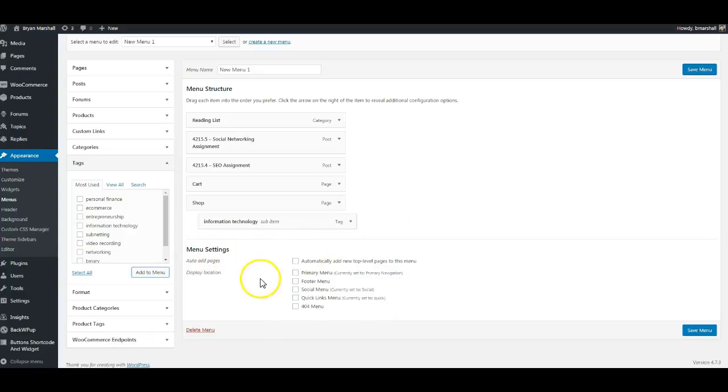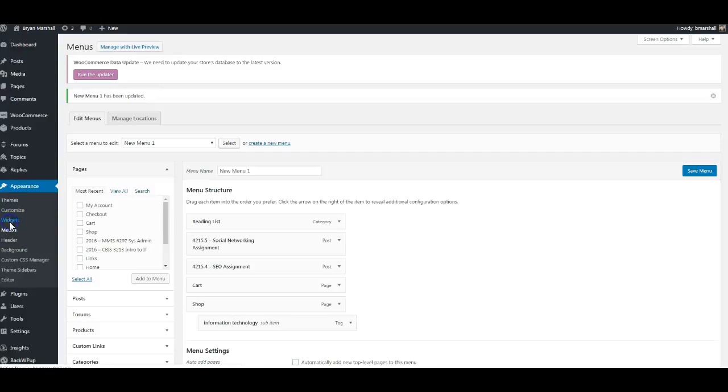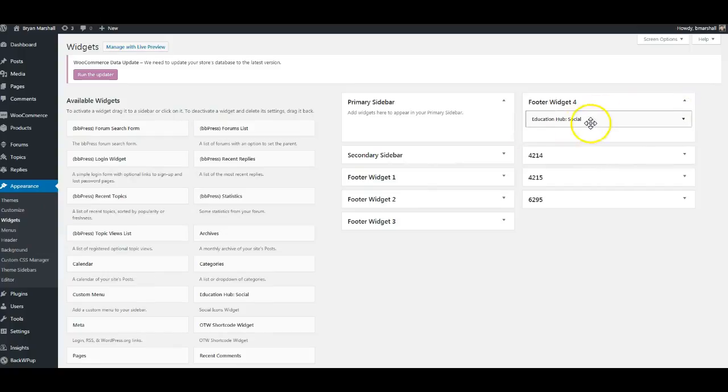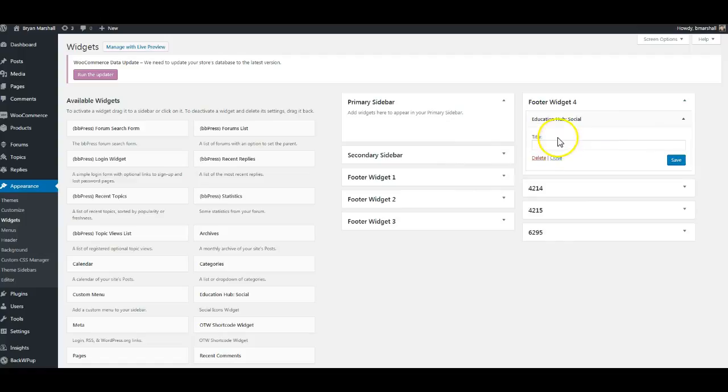Okay, and then where do I want to put this? I can put it in the menu settings. I can just say I want this to be the primary menu, or I want it to be a footer menu. I want it to be a 404 menu, which is what shows up in the menu if you ever get a 404 error. And then you have the social menu and the quick links menu. So what you would do is after you save the menu, you would go into Widgets and decide where the menus are. So the footer menu, here's the Education Hub social menu, and I attach to it